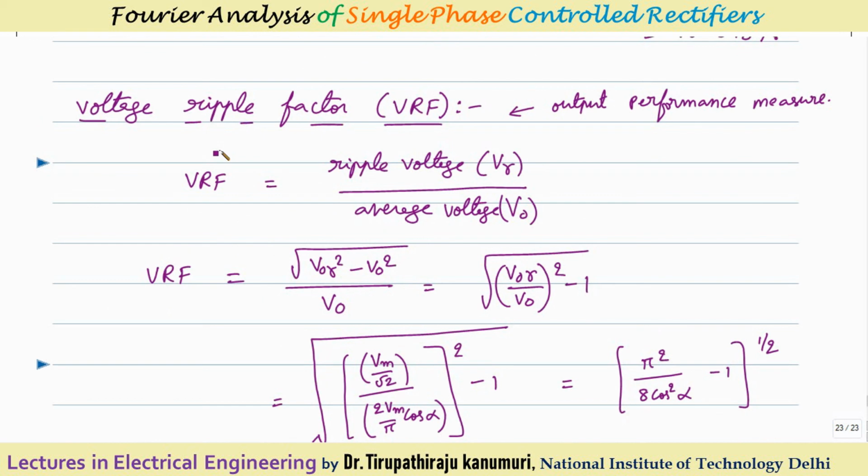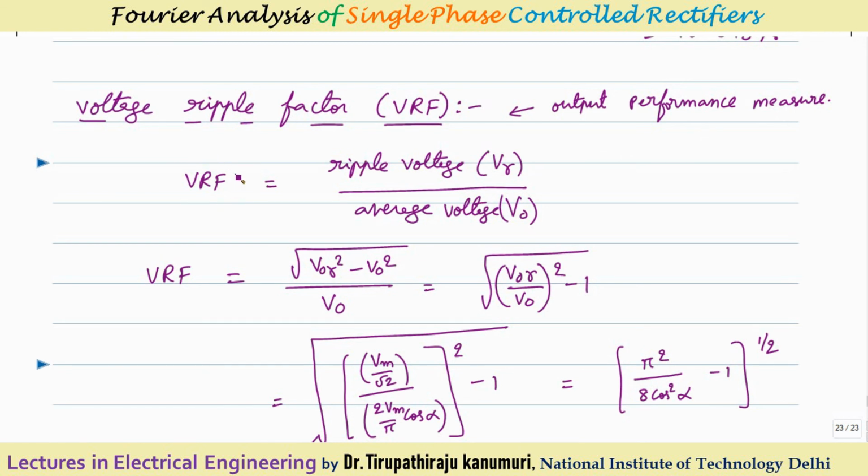So now the voltage ripple factor. This is mainly concerned with the output, because in the case of a rectifier I want my output voltage also to be DC or constant, but practically the voltage is not constant. We are seeing that it follows your input waveform. For some duration it is discontinuous, or it is continuously varying, it is not constant. So that is represented by the voltage ripple factor.